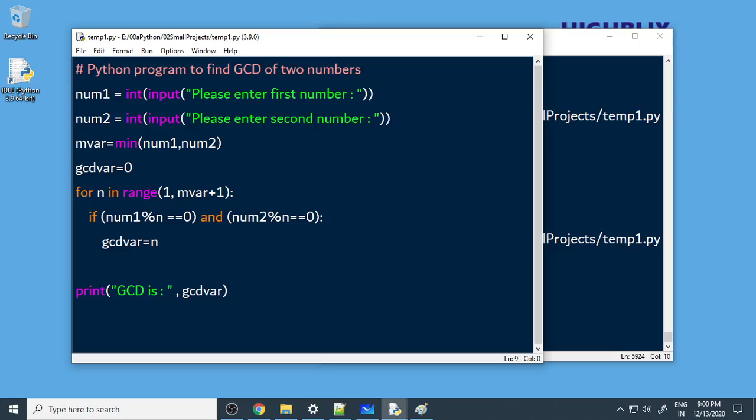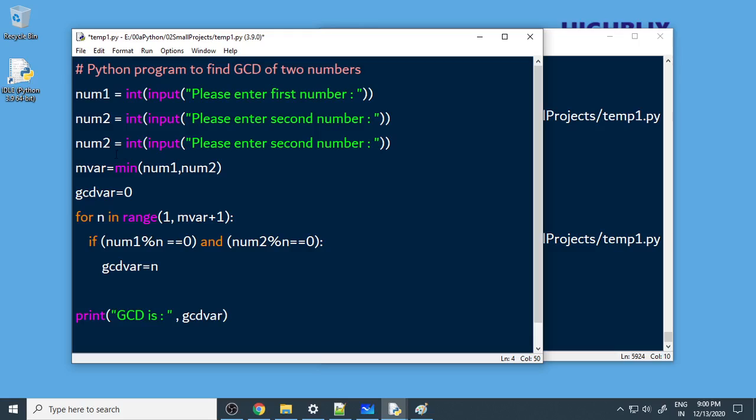You can also find it for 3 numbers. So what you can do is you put one more line here. Number 3, enter the third number. Right, so you can find the minimum from between the numbers, up to num3. And now we need to put the condition once again to check number 3. I think it will do the job now.